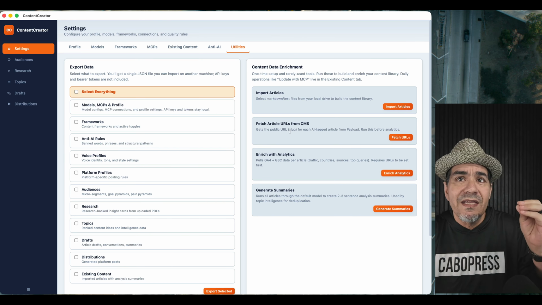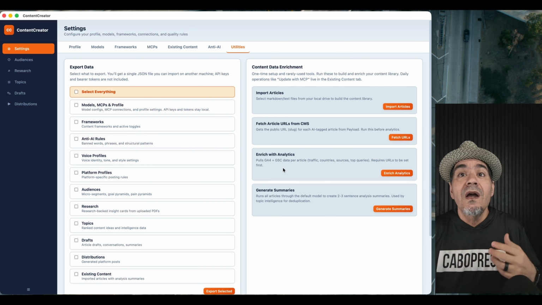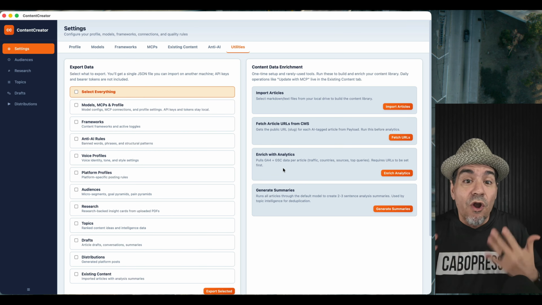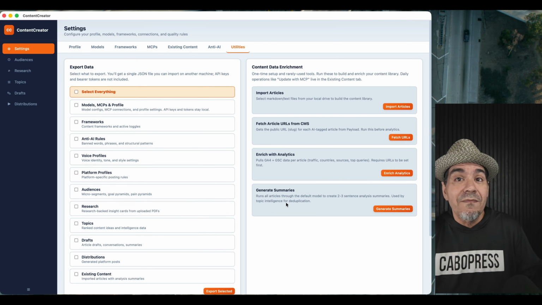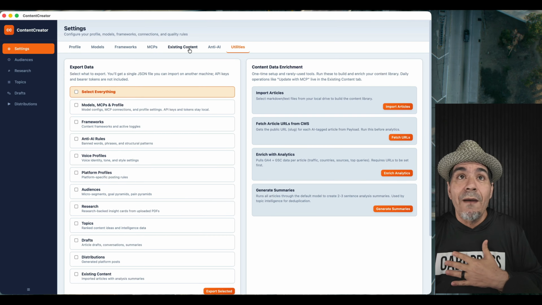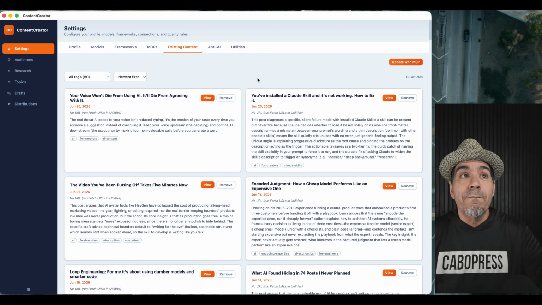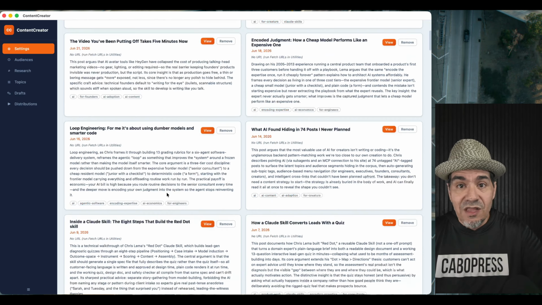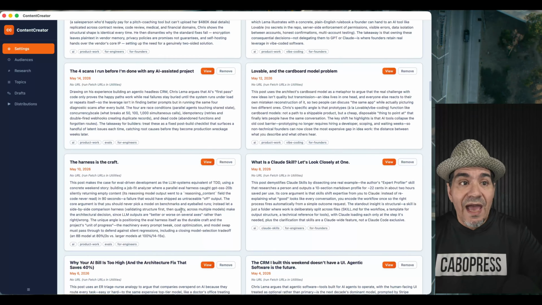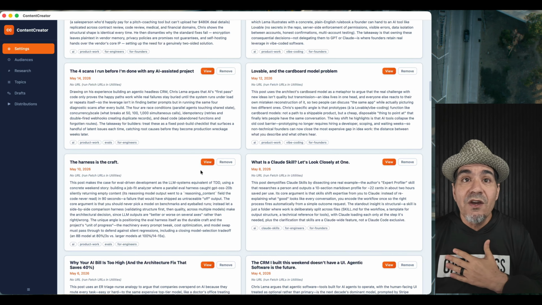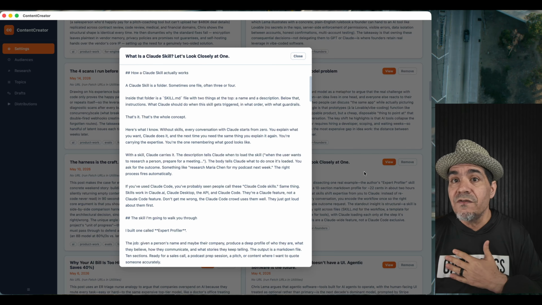Or how about going and getting the URLs for those articles, or let me enhance those articles with data related to Google Analytics, and even let me generate summaries of those articles. All that becomes powerful when I bring in these, like 80 articles that I've written, and every one of these articles has what tags are in my system and who it's for, when it was published, what the URL is. And if I go into the details of one of these, I can come into here to view,